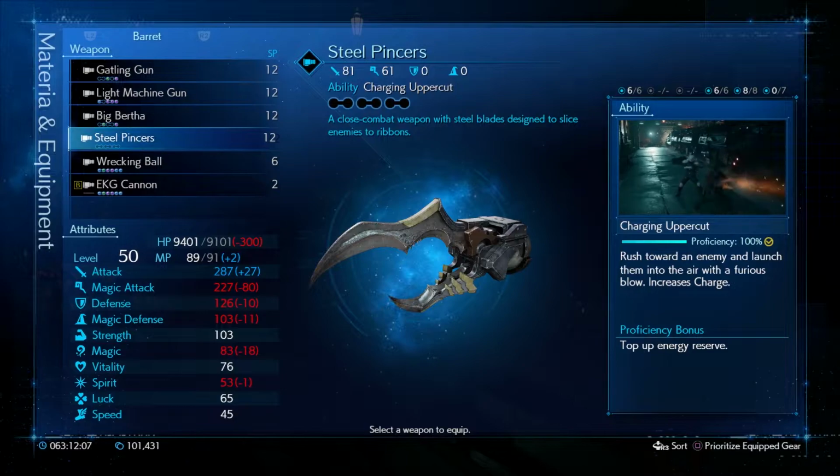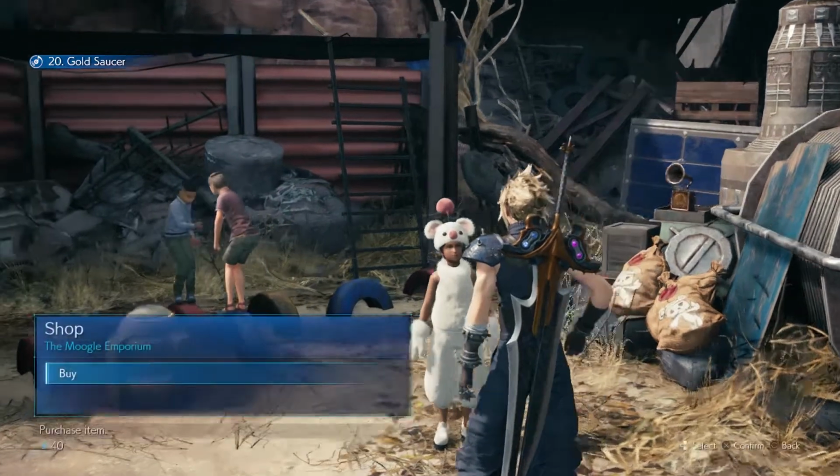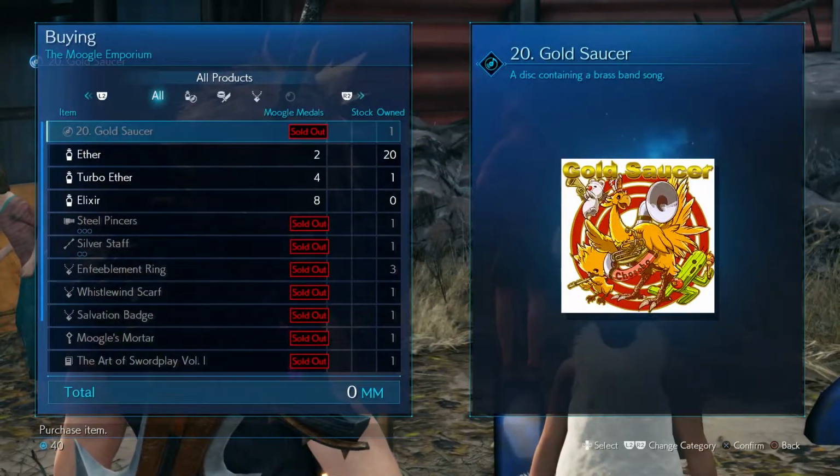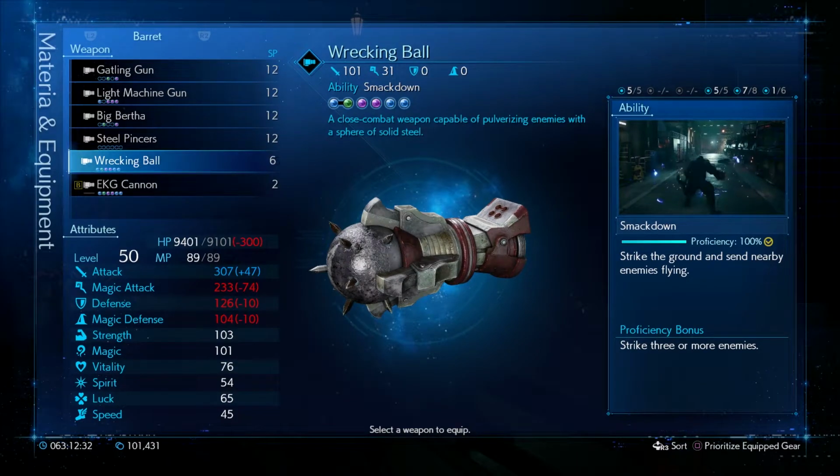Now the Steel Pincers you can get from the Moogle merchant in Chapter 14. It's the one that's in the kids' hideout in Sector 5 slums, but you can't pick this up until Chapter 14. The Wrecking Ball you have to complete the side quest called Subterranean Menace, and to do that you must